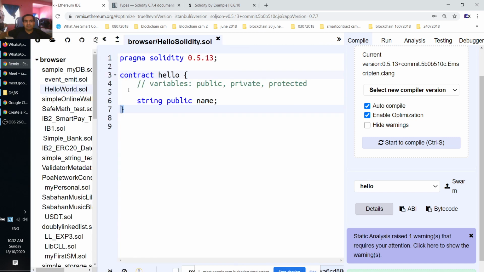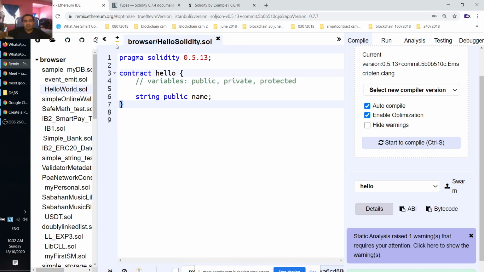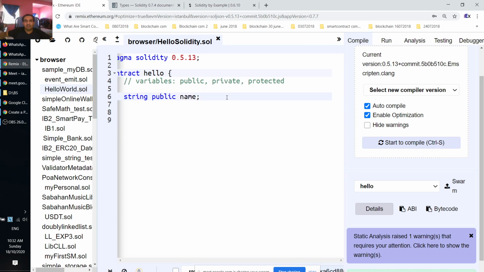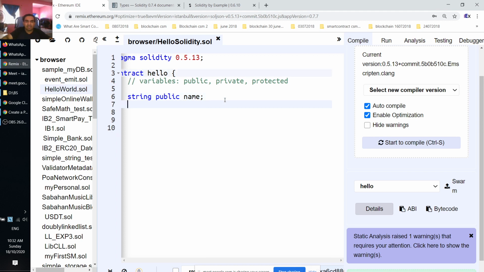Protected is quite interesting because it's something whereby it can only be accessed within a calling class. Okay, so we're going to see all the differences of these data types. This is a very important one if you want to work on smart contracts. So we have name here, and then after that we create another data type,